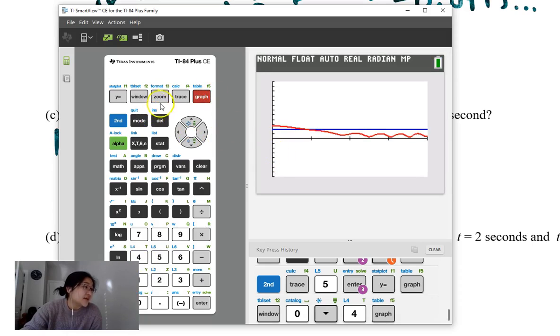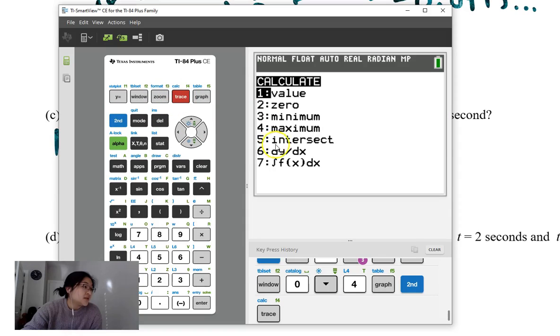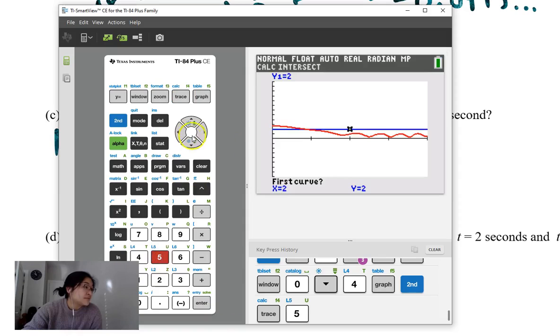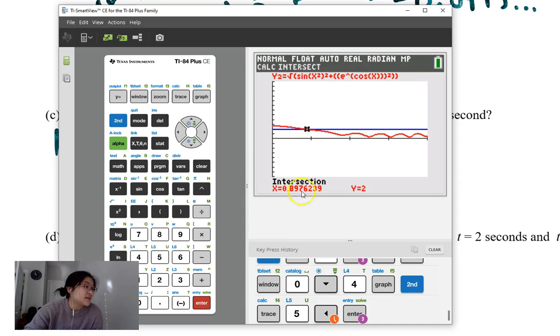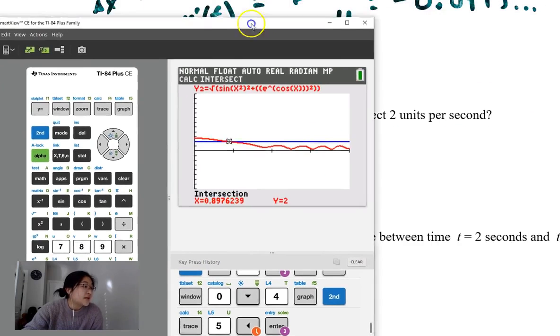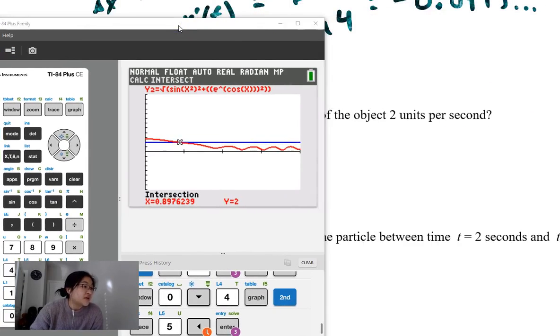And then in order to find the intersection, we do second trace to get the calc. Intersect, which is 5. First curve, I'm just going to move over here so I get closer to where they're going to intersect. Second curve, enter, enter, and then I hit enter, and my intersection is at this x value. And so that is what I'm writing,